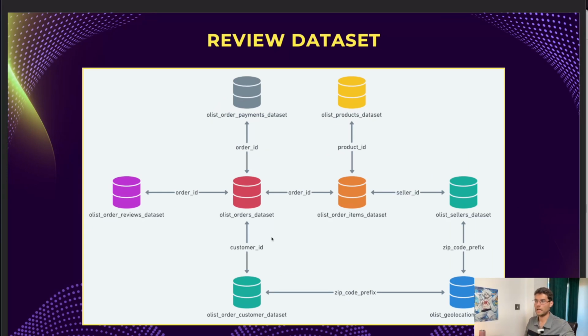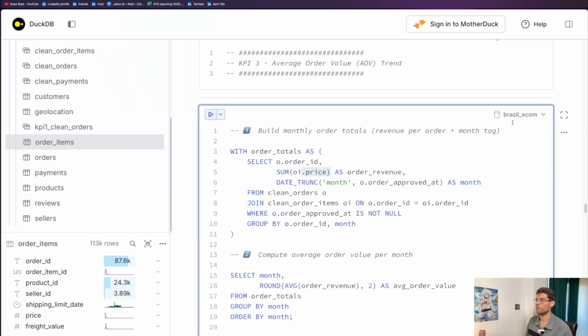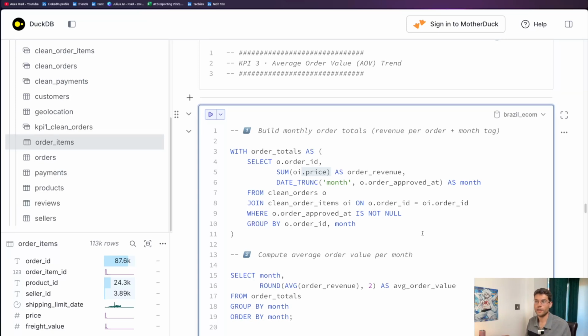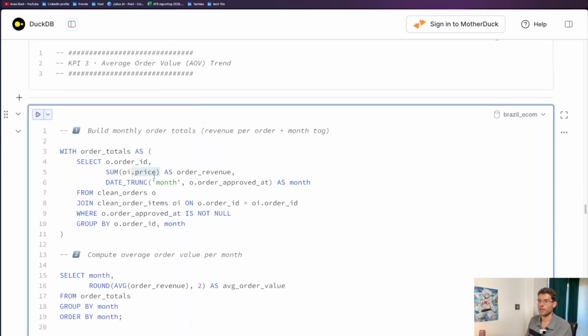really well. And that's something that you do up front when you start a project, because rushing into the code might seem cool, but then if you keep missing the most basic things, where each column is and how to join them and all these things, you'll be just lost. So here now we have the price in the OI, which is the order items, and we're gonna get again